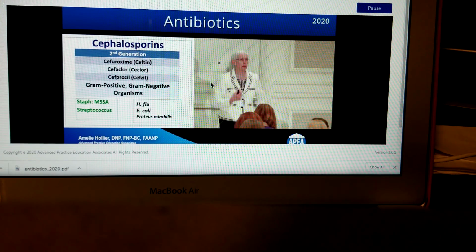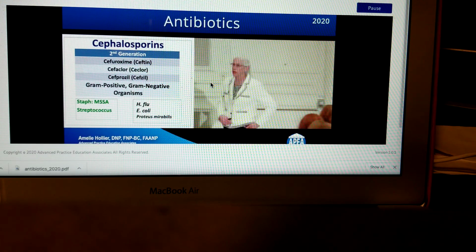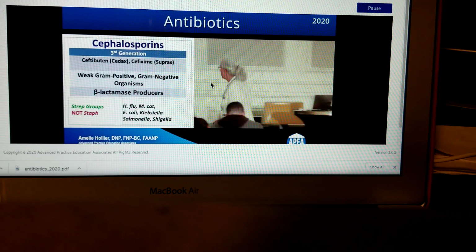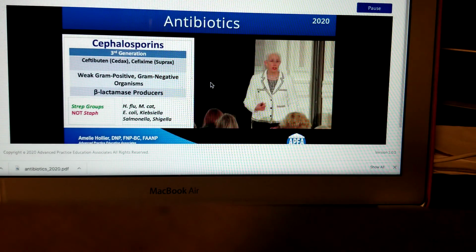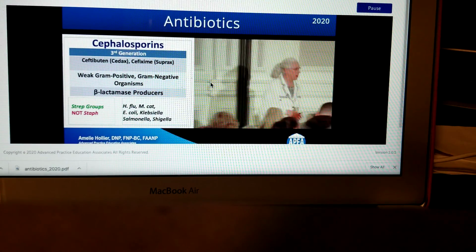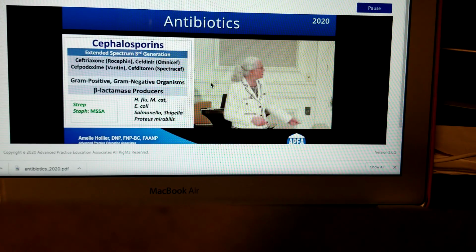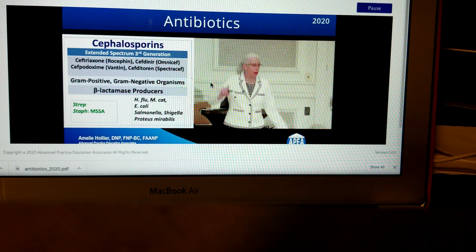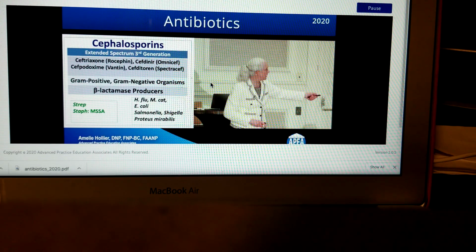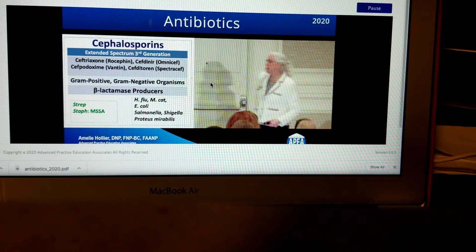Do they kill atypical pathogens? Nope. Do they kill MRSA? Nope. Do they kill organisms that know how to make beta-lactamase? Nope. But the third generations do. We have some old third generations and we have the newer third generations. The older ones are drugs like Cedax and Suprax. The newer ones are drugs like Vantin and Spectracef and Omnicef. And that's what Rocephin is. When you give somebody a Rocephin injection,